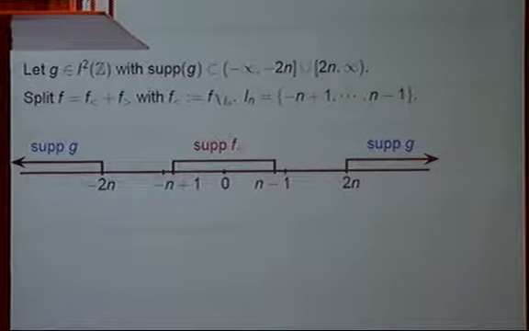So we multiply by just the characteristic function, not a smooth cutoff, on the interval from negative n plus 1 to n minus 1. And from the picture, we know that the support of g and the support of f small are well separated. They have distance at least n plus 1,